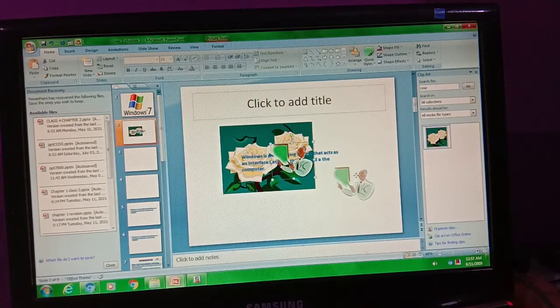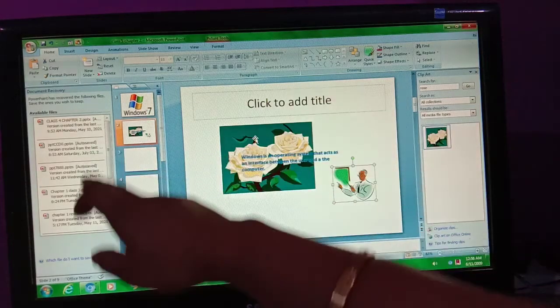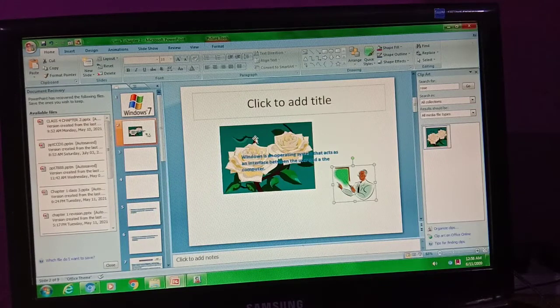See, earlier in the clipboard, whenever you copy something, or you apply a cut option or copy option, till you paste it somewhere else, all the content will be saved in the clipboard. This is your clipboard, all the content will be saved in clipboard.